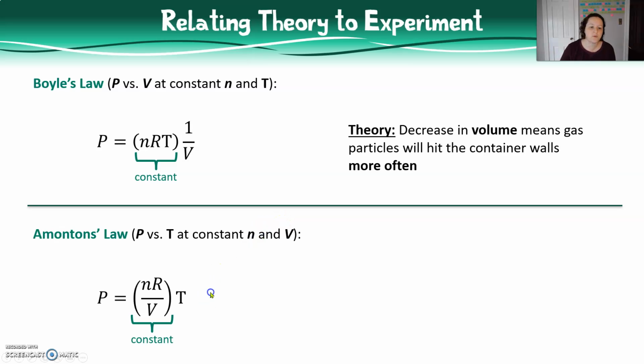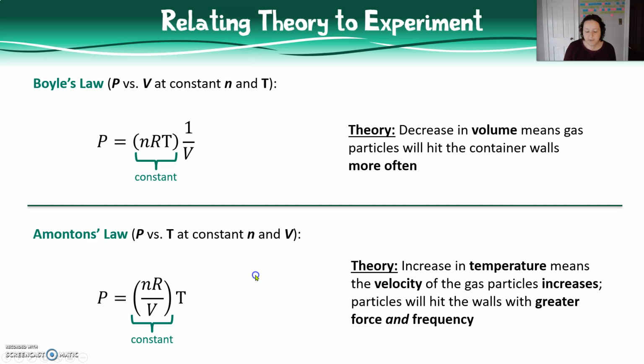Now for Amontons' or Gay-Lussac's law, the number of moles of gas and volume are held constant, and therefore the relationship between the pressure and the temperature is what we're examining. And again, previously this relationship was determined from an experiment, but we can now reason this out considering what happens to pressure when the temperature is increased. An increase in temperature would give more kinetic energy to the gas molecules, which would increase their velocity. So now the gas molecules are going to collide with the container walls with greater force, which increases the pressure. And they'll also collide with more frequency, which also increases the pressure.